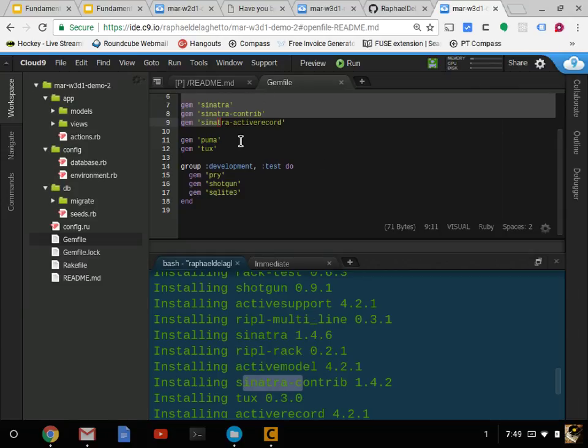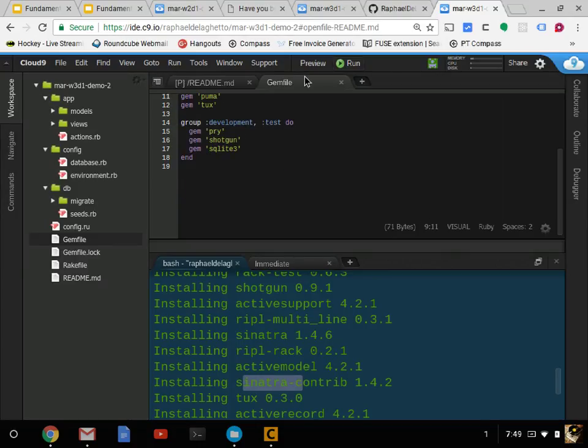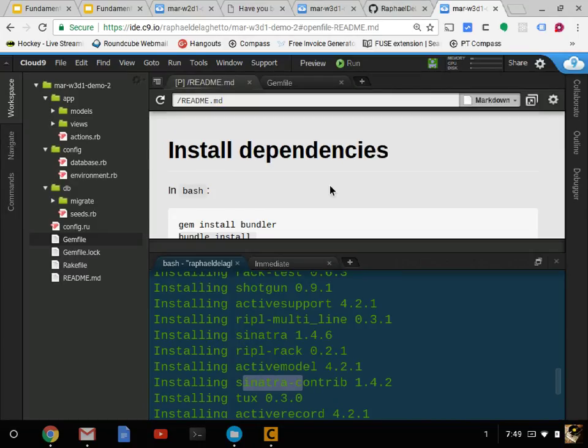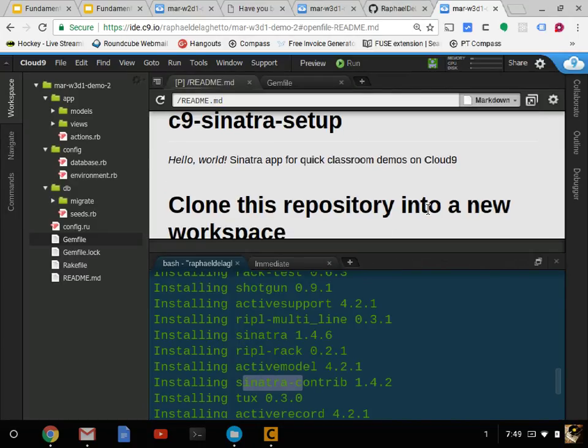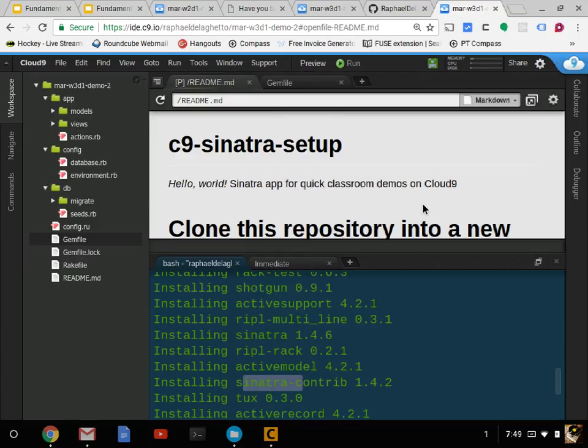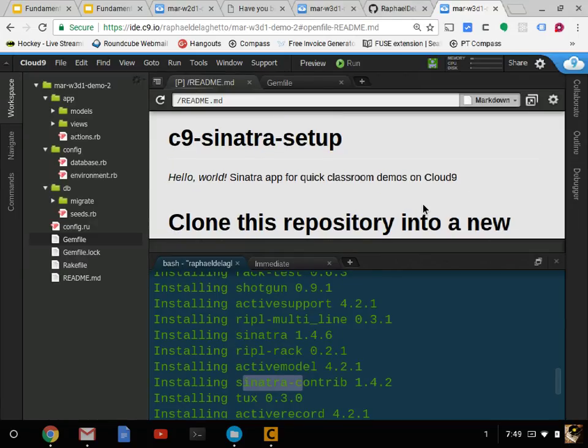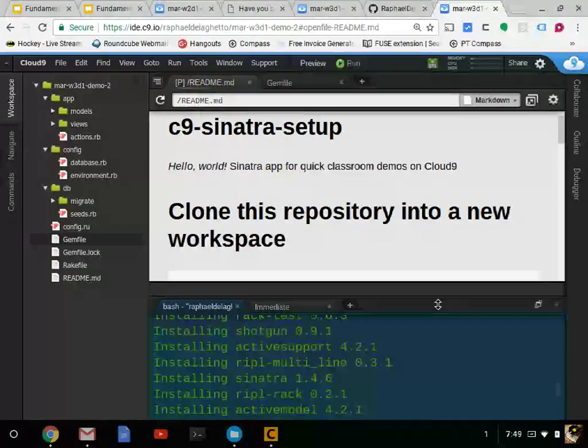So everything's installed, and I can move on here in my README file. It lets me scroll. Yep, come on. What's going on here? Why is Cloud9 acting so funny today? There we go. I'll just use the keyboard. The next thing I need to do is